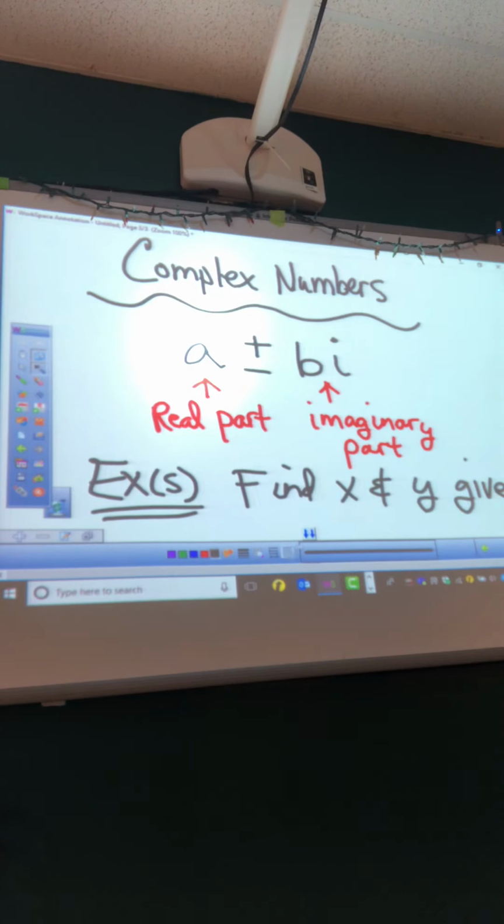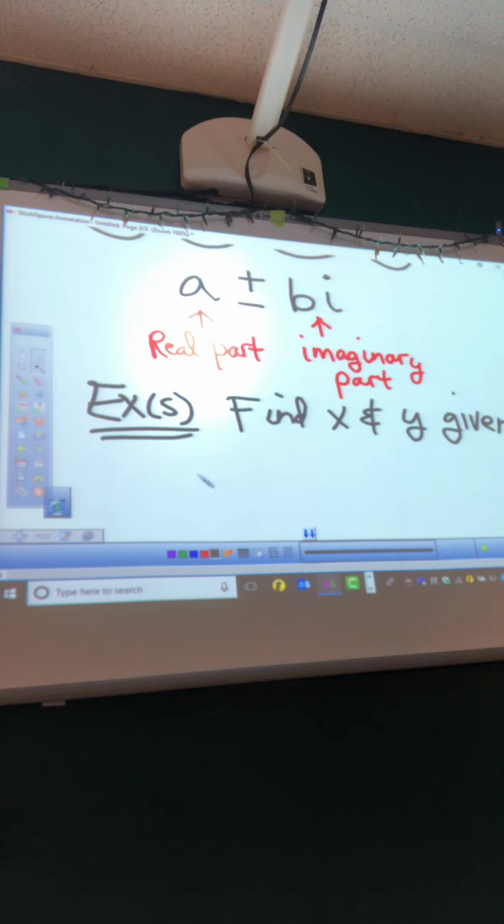Given, and let's say they give us two complex numbers set equal. Let's say I have x plus 3i equals, and then my other complex number is 9 minus yi. Again, we have with our complex numbers a real part and an imaginary part, and the i is the indication of the imaginary part. So when they give us two complex numbers and they have that equals in between, it's